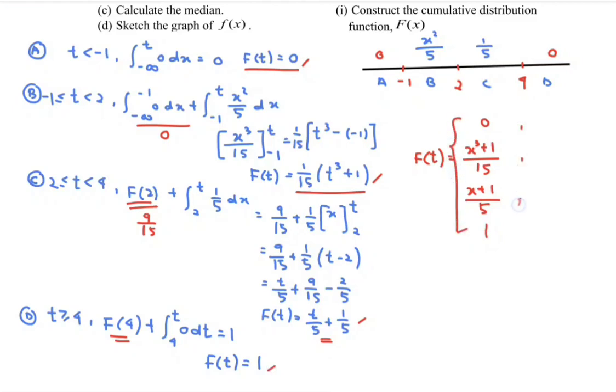Regarding the domain, refer to the situation. So number 1, we have x less than negative 1, x greater than or equal to negative 1 and less than 2, then x greater than or equal to 2 and less than 4. Finally, x greater than or equal to 4. So that will be the cumulative distribution function. So here we will have f(x)